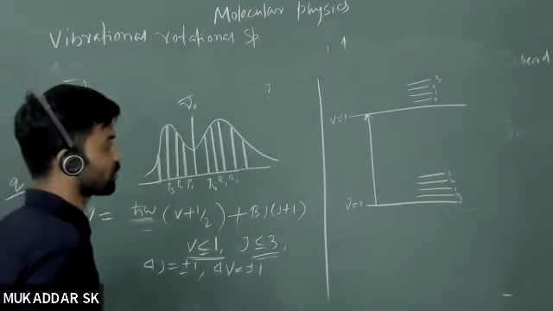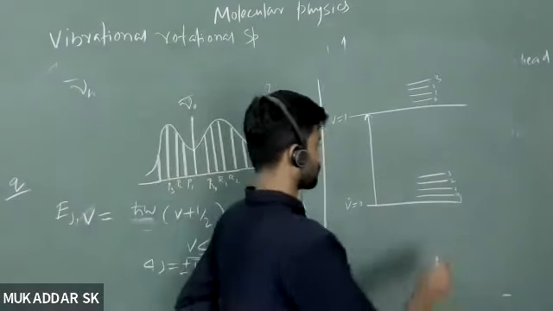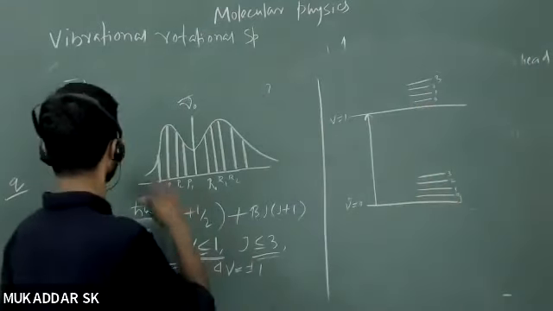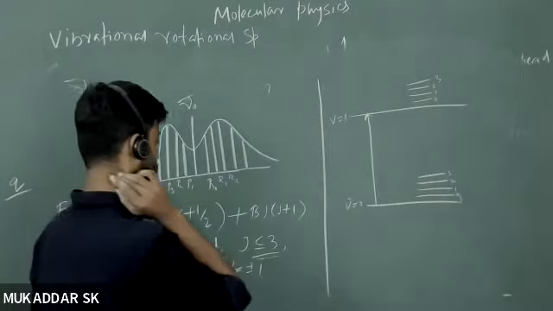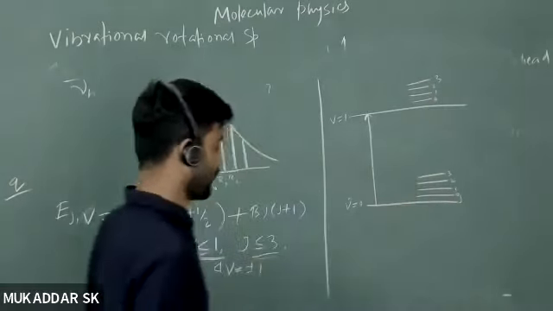रोटेशनल का मैक्सिमम एनर्जी कब पॉसिबल? डेल्टा J प्लस माइनस 1. तो 0 से 1 में जाएगा तो फिर कितना आएगा आपका? 0 से 1 में 2B आएगा, राइट? Yes, यहाँ से कितना जाएगा? 1 से 2 में